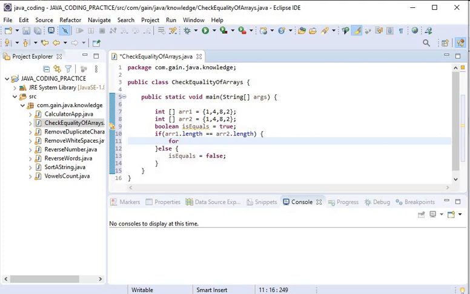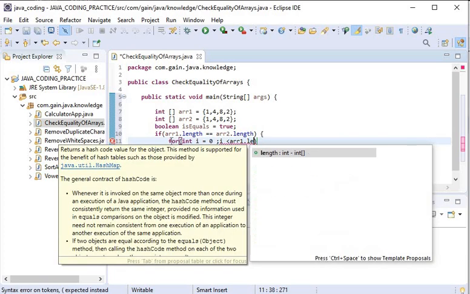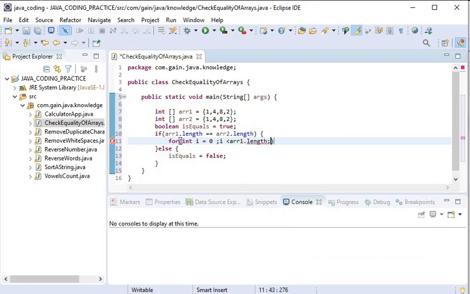Here a for loop will start, int i starting from 0 up to i less than array1.length, since both arrays have the same length we can use either array, and it will be incremented one by one.